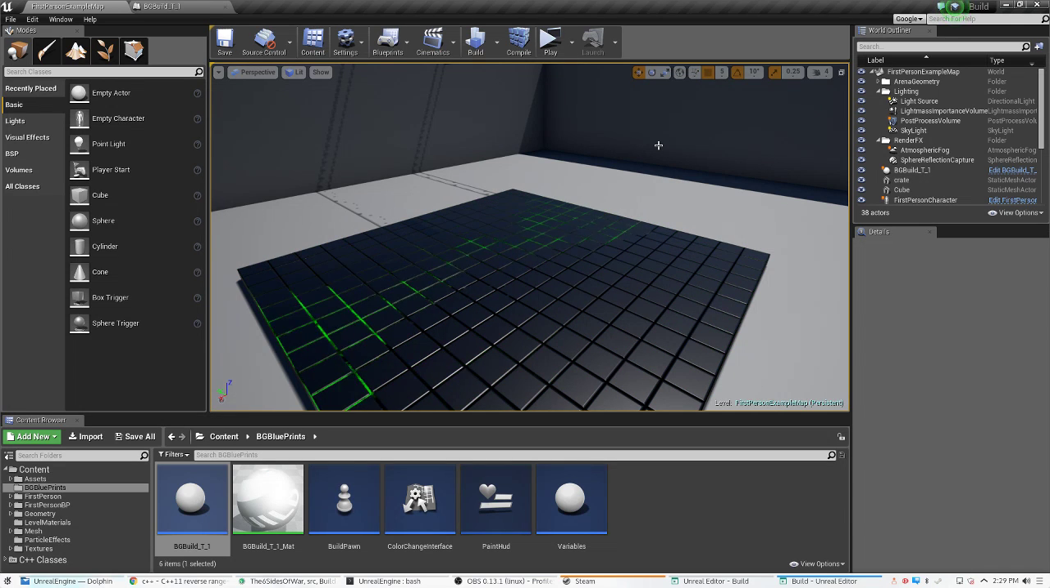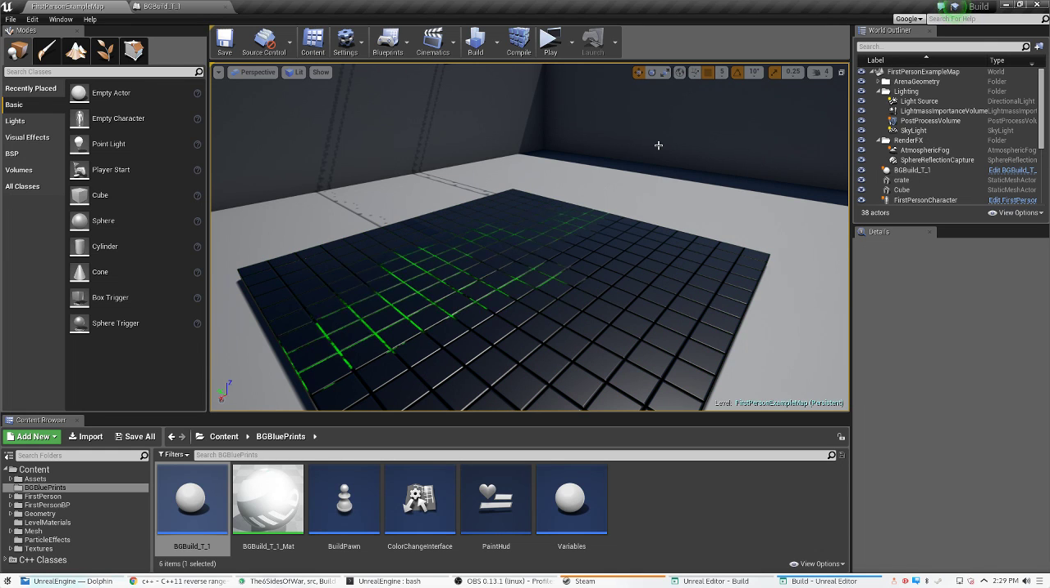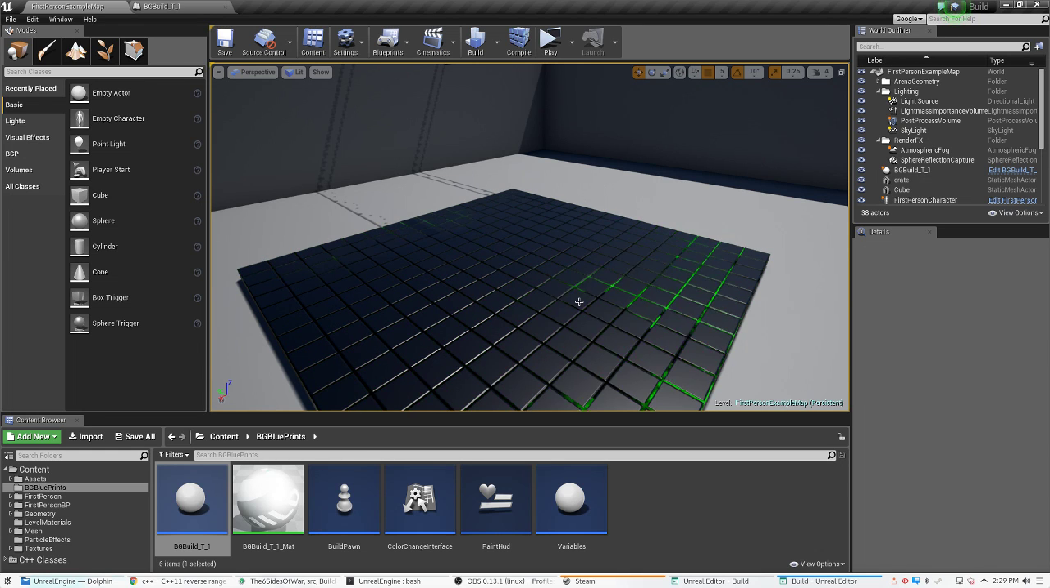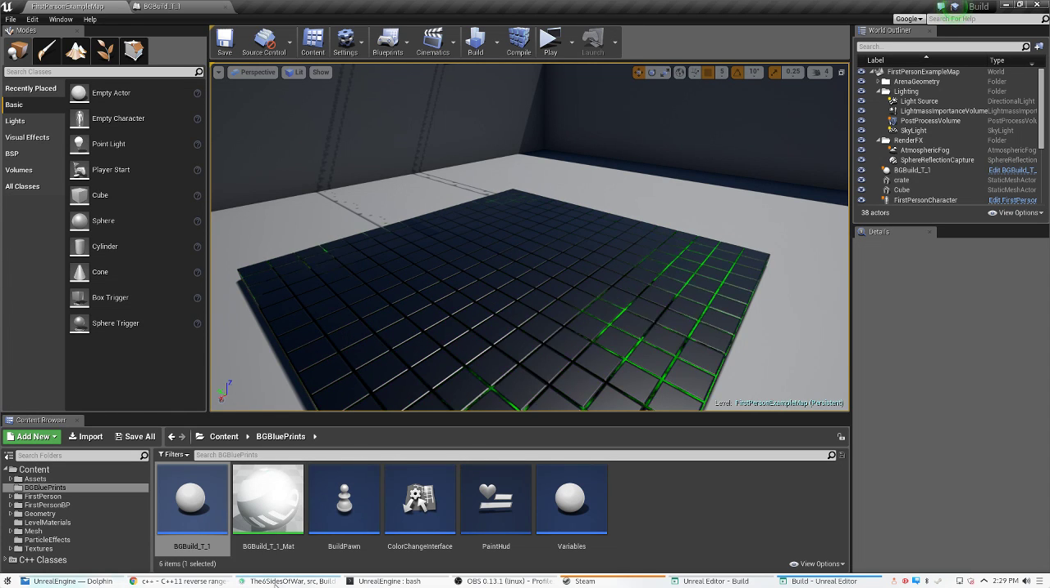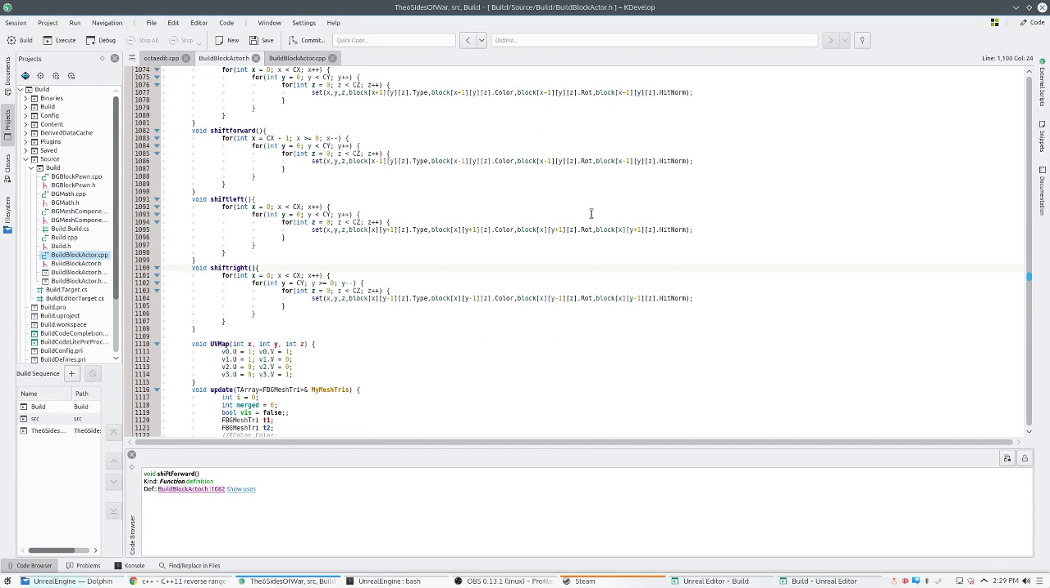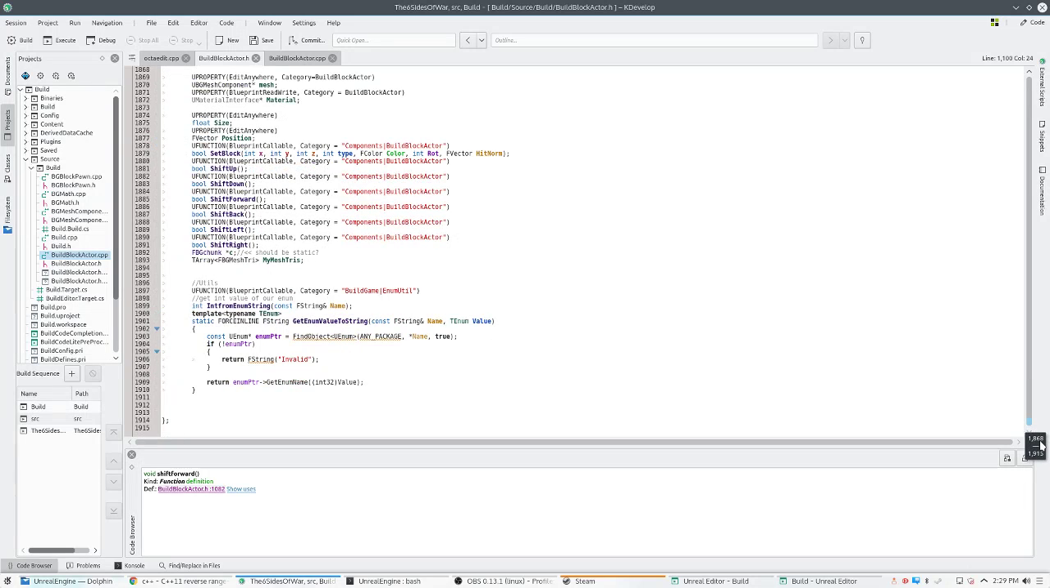Anyway, wasted a second there. Alright, here's what I've got so far. I've got a lot, and this is almost 2,000 lines of code in one header. But, anyway,